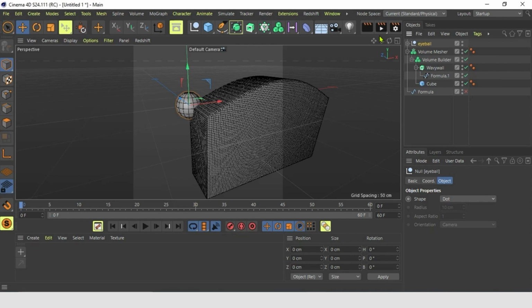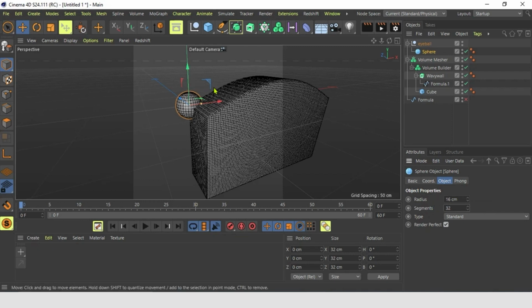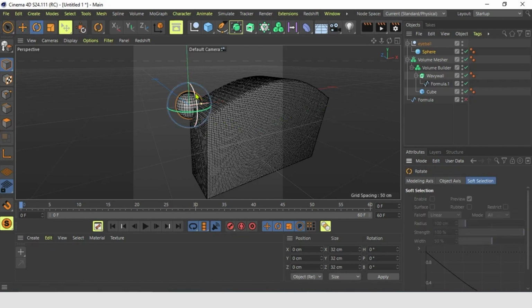The only bit we can add now is we go to this sphere and give it 32 segments so it gets a bit smoother. And what we also want to do is turn it 90 degrees, so the face is to the front.